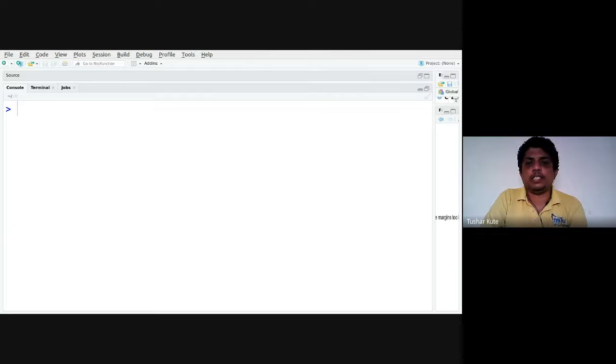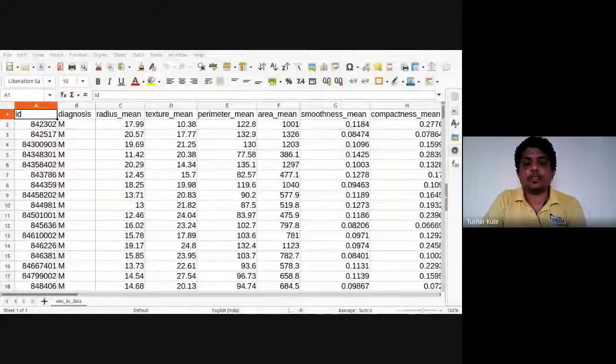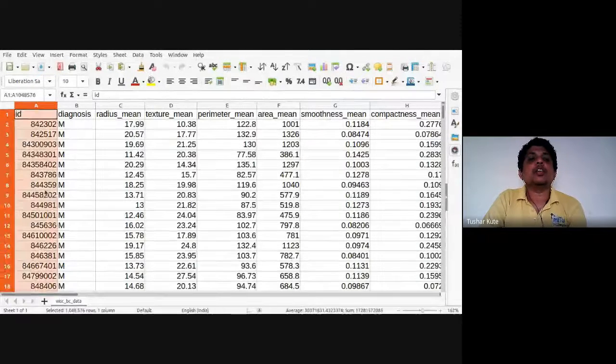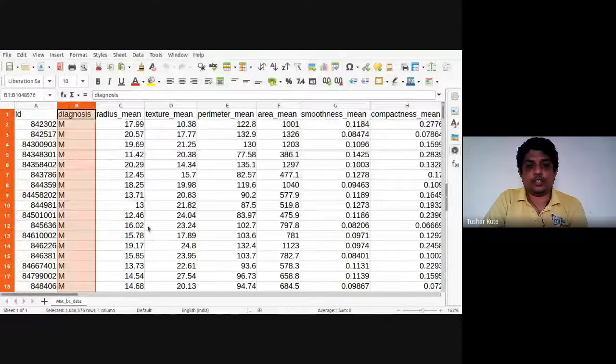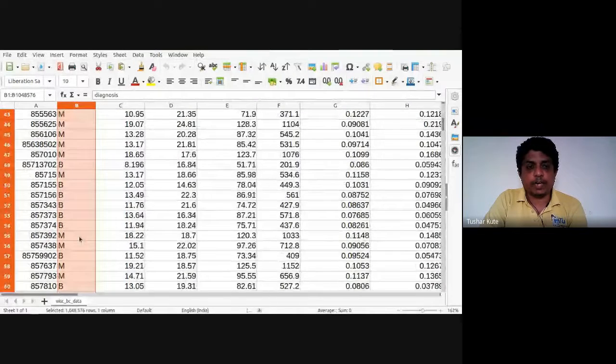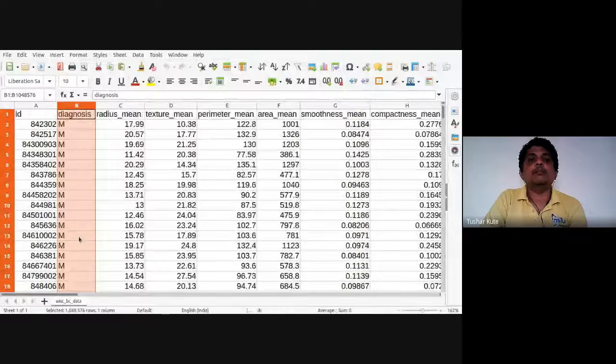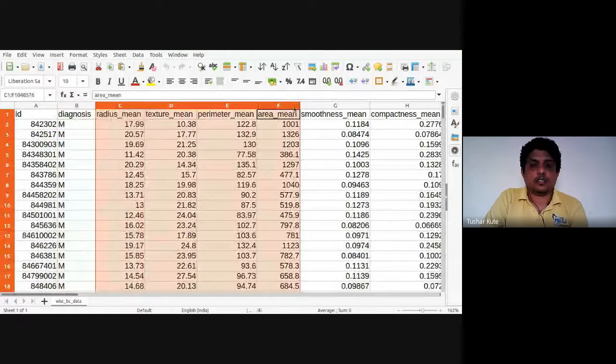There's a very popular data set. When a mass is detected in the human body, they are identifying whether this particular mass is cancerous or not cancerous. It contains 30 different dimensions of the respective mass. Different patients' information is taken: the ID of that patient, and the diagnosis. Diagnosis is the output variable. B and M are mentioned there as the output variable, and the remaining others are input variables.